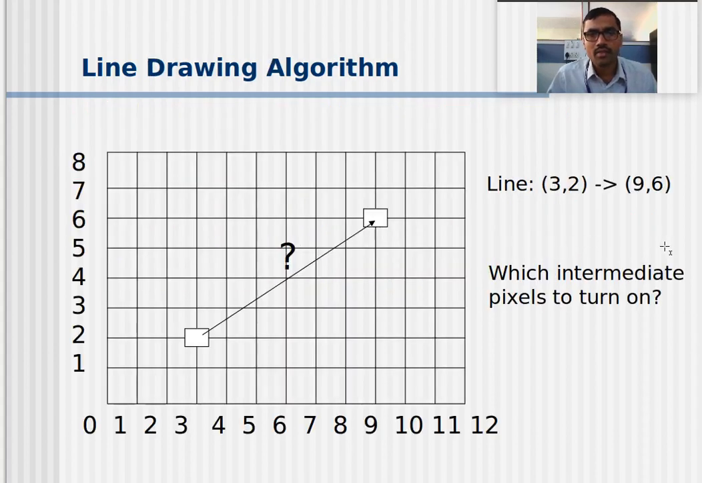In line drawing, as we can see, this is the screen which is divided into a grid, and the first point is given like 3, 2. Here the pixel is drawn, and another point is given, 9, 6, and in between we have to generate the line. So we have to decide which intermediate pixels to turn on or highlight,